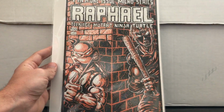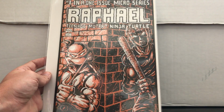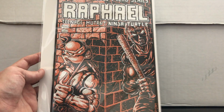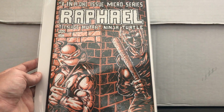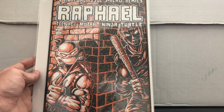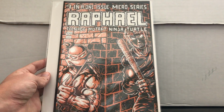So I also picked this one up for 60 dollars. Raphael Micro Series solo one shot. First appearance of Casey Jones, and this book is a beauty. Real nice high grade copy. Really happy to have that. Like I said, I bought one before off of Amazon, and Amazon is so screwy when it comes to buying comics because